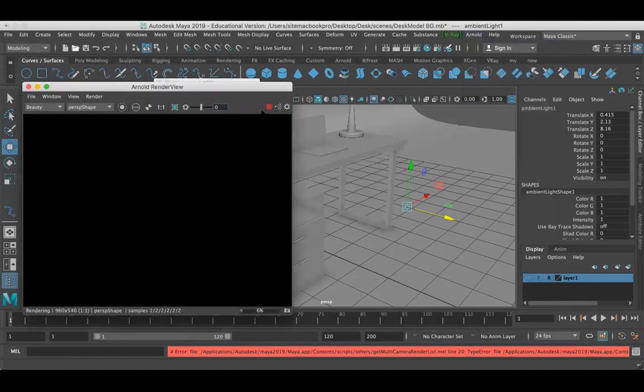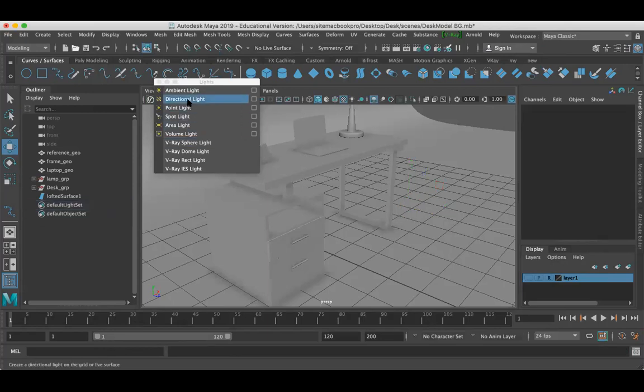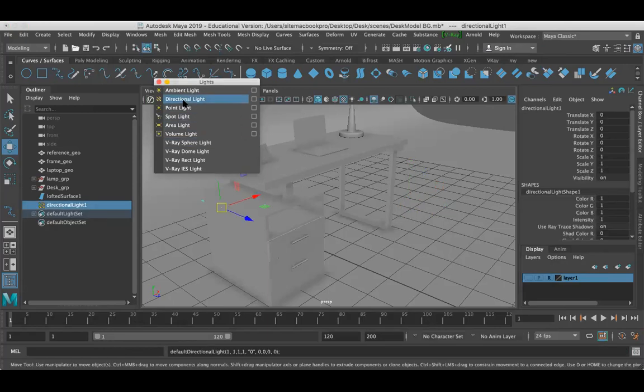When I work with Arnold, the scene is completely black, which means it is not working. So I'm just going to delete the ambient light. Now the next light is a directional light. We don't have use of ambient light, and I'll explain the similar of ambient light in later classes.